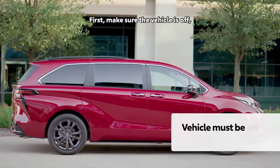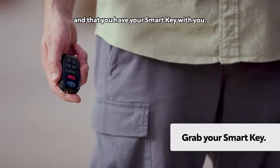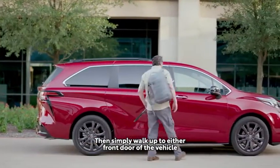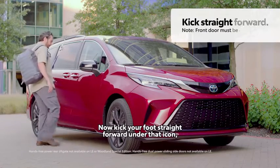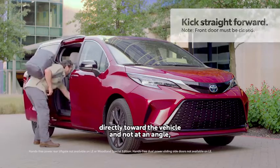First, make sure the vehicle is off, or the transmission is in the P position, and that you have your smart key with you. Then simply walk up to either front door of the vehicle and note the location of the sensor icon on the side sill. Now kick your foot straight forward under that icon, directly toward the vehicle and not at an angle, and you'll